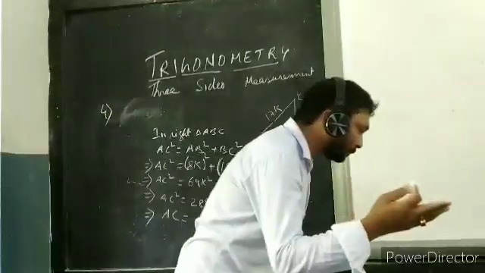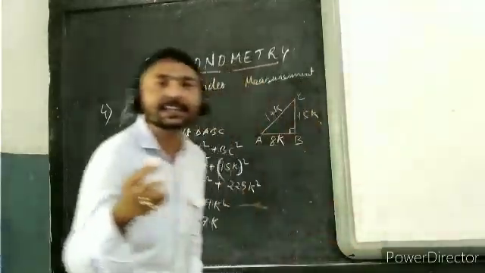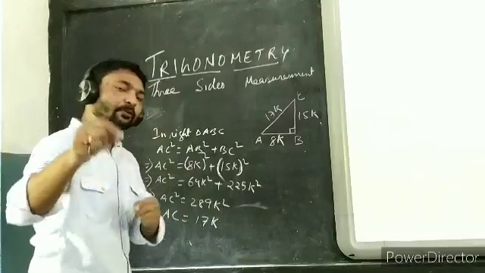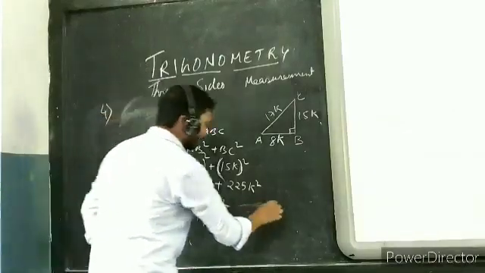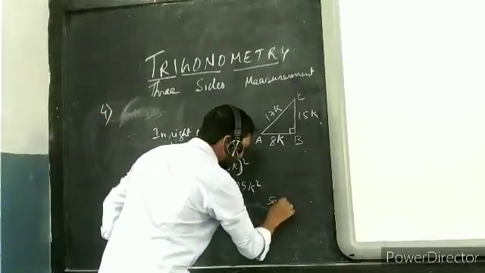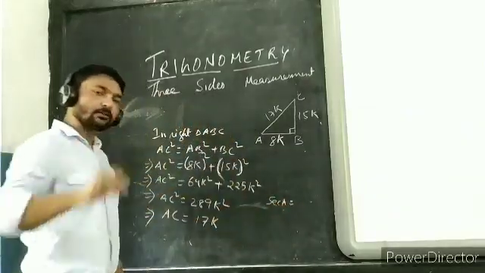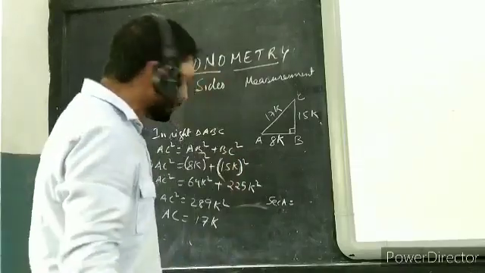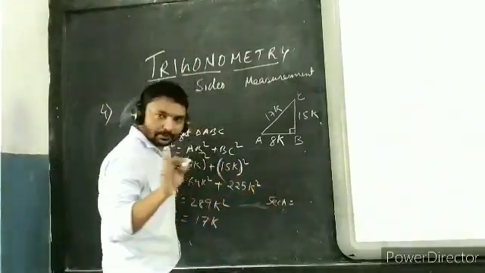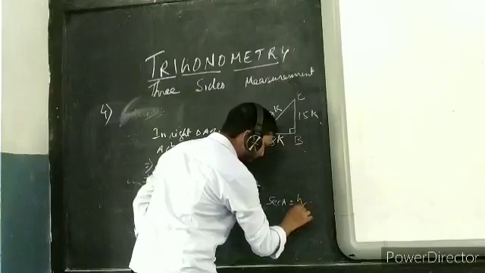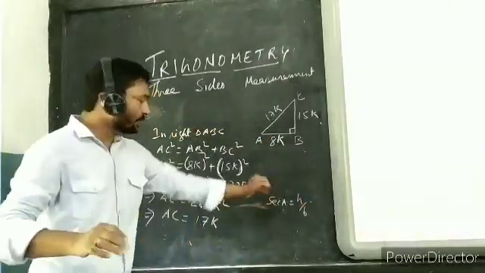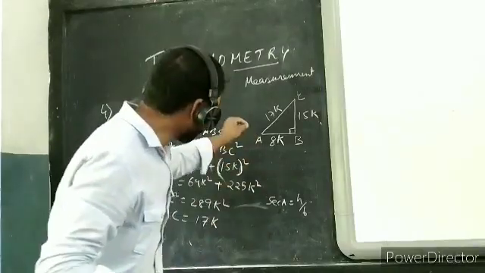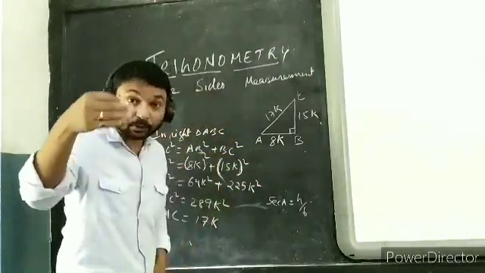Now what do we have to find? The question is asking to find sin A and sec A. Sin A I am keeping for you. Now I am going to find sec A. Sec is the reciprocal of cos. Sec is the reciprocal of cos. Then what will be the sec? Sec A is h by b. Yes, I am writing h by b. For your convenience, I am writing that h by b. But I said don't write h by b. You write the name of the side, and it will be easier and clearer for you.